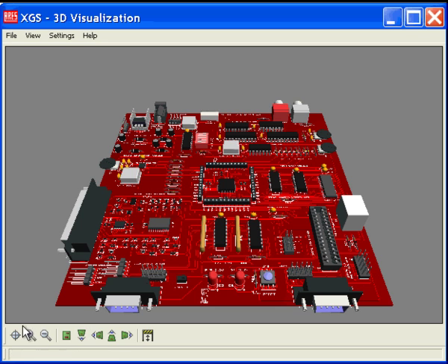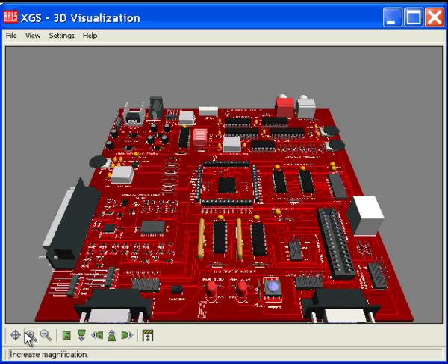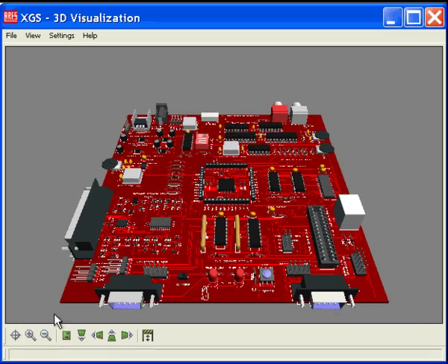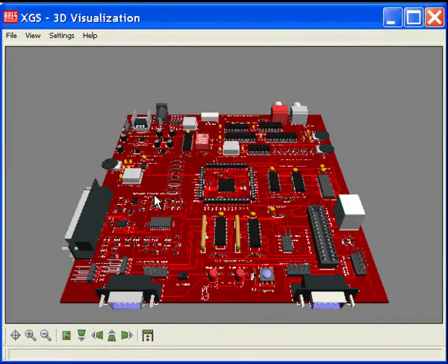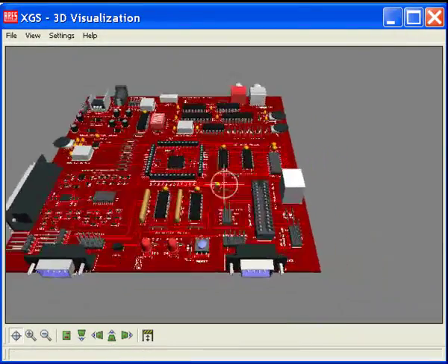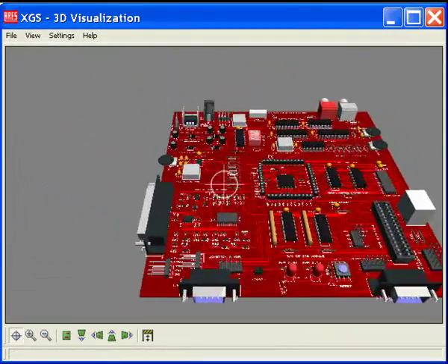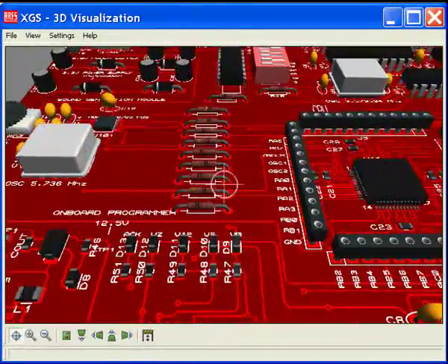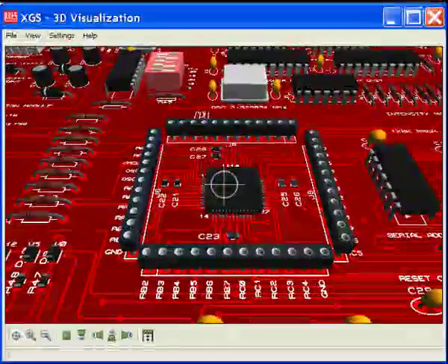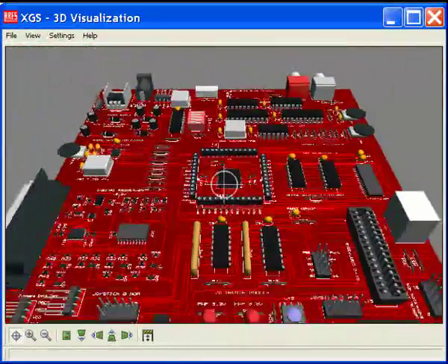and flip the board. The zoom level can be adjusted either by the magnifying glass buttons or by rolling the mouse wheel forwards and backwards. Clicking on the button at the bottom left will allow you to fly the camera around the board. Used in conjunction with the mouse wheel, it is easy to zoom in and fly past areas of particular interest on the PCB.